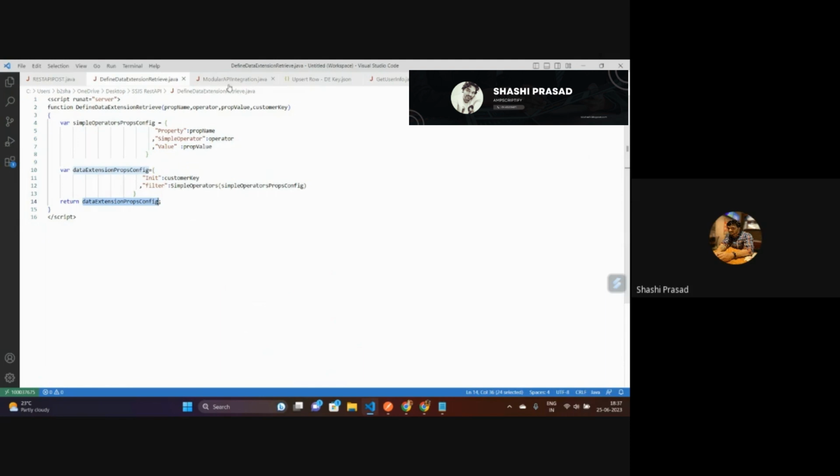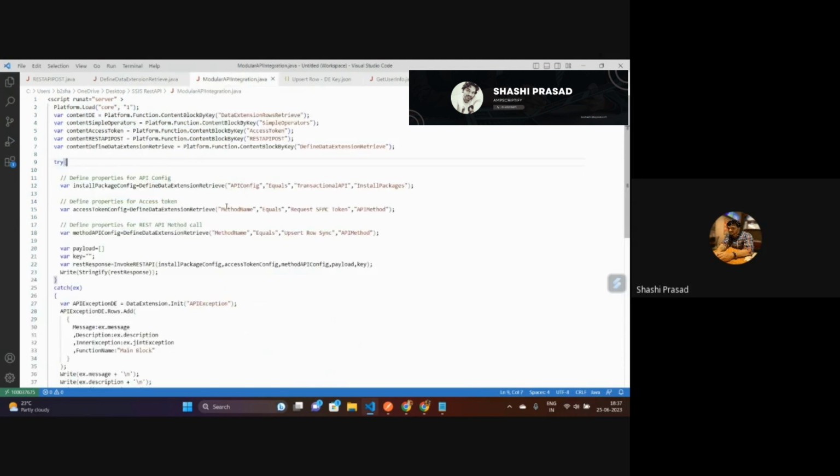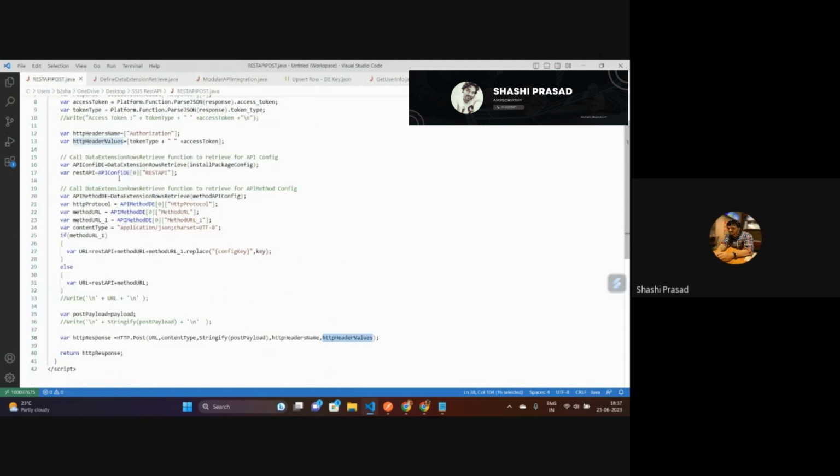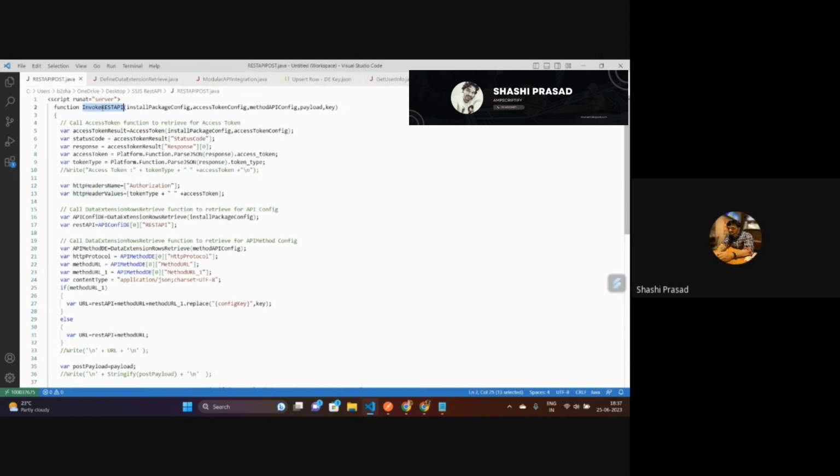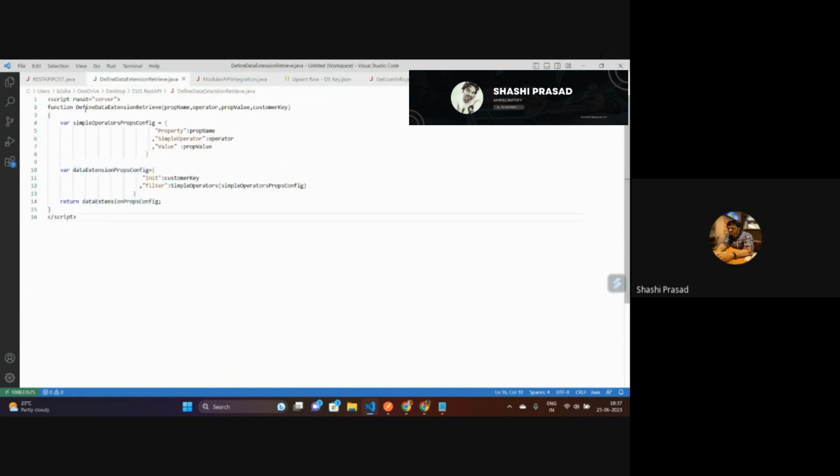So I defined four functions. One is for invoking the REST API, which is basically a post API, doing a post. Then I defined another function to get the definition for the data extension to be retrieved. And the last one is